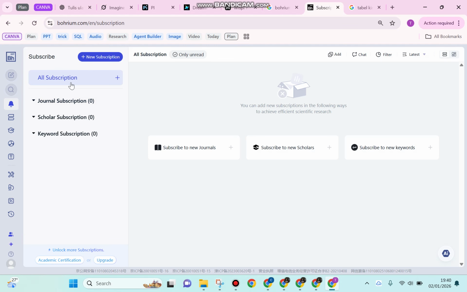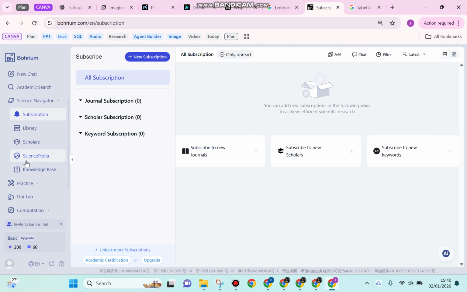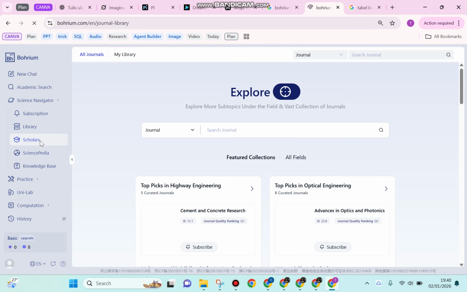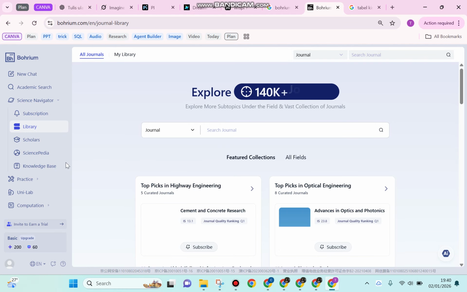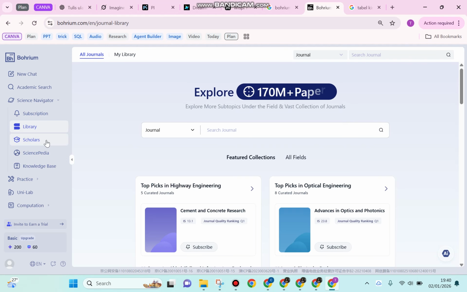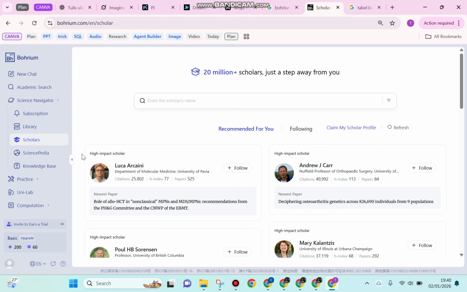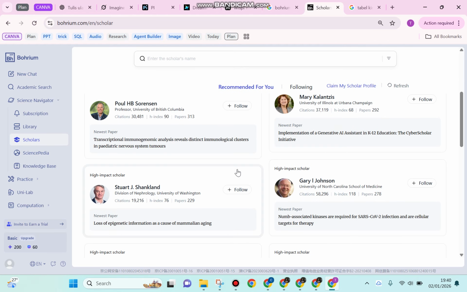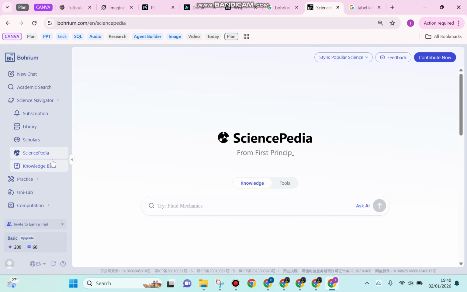This is the journal subscription, and this is the library, and also the scholars, which are the researchers who have a lot of papers that can give you insights into their knowledge. And this is the Sciencepedia